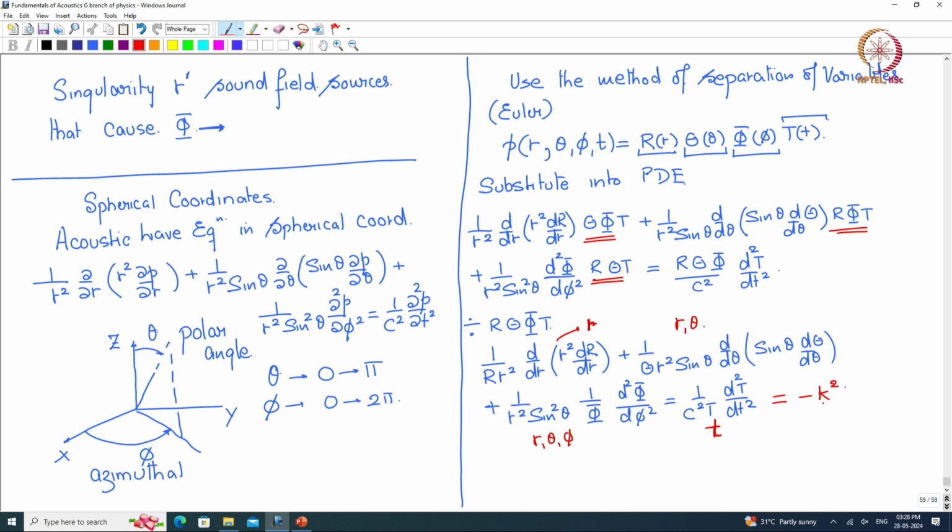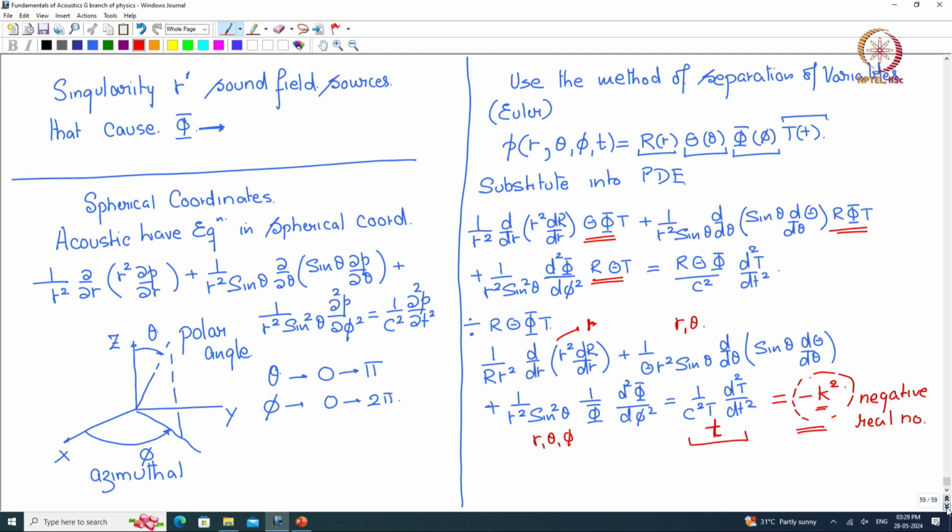Here k is a real number, and so k square is positive, and we deliberately put this minus to make it a negative real number. It is a negative real number. Okay, and the reason is this. So, if we just take this time equation and this minus k square,